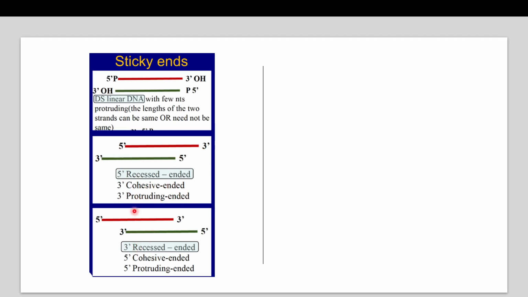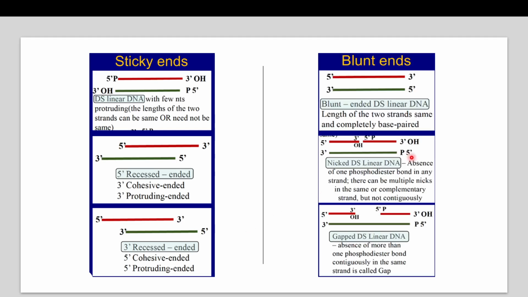Or it can be the other way around, wherein the 5 prime ends are protruding on both the strands and the 3 prime end is recessed or has a gap here, right? This is exactly how it looks, and based on that, the name has been given. Okay. Then there are